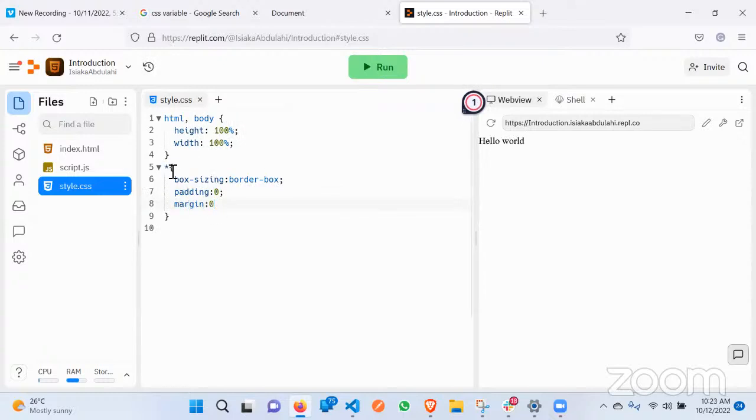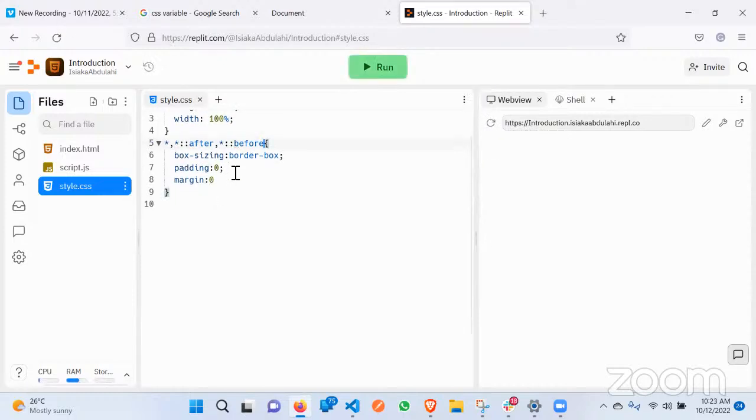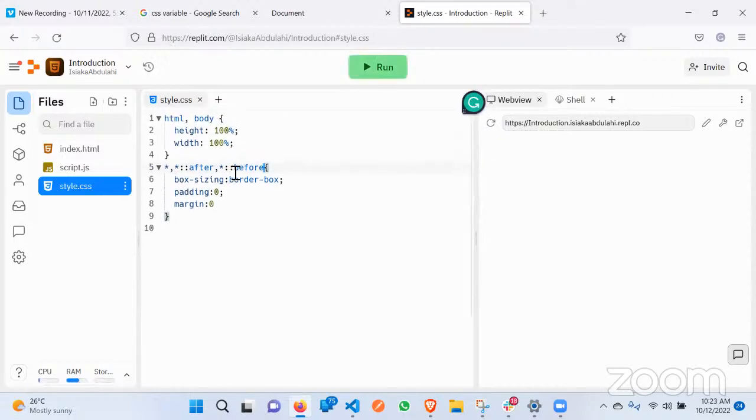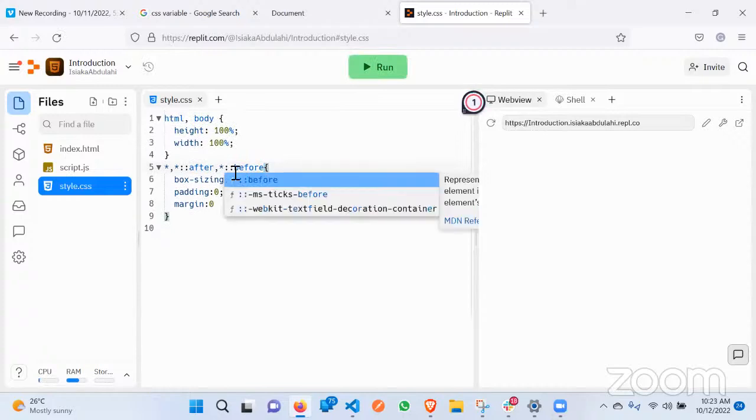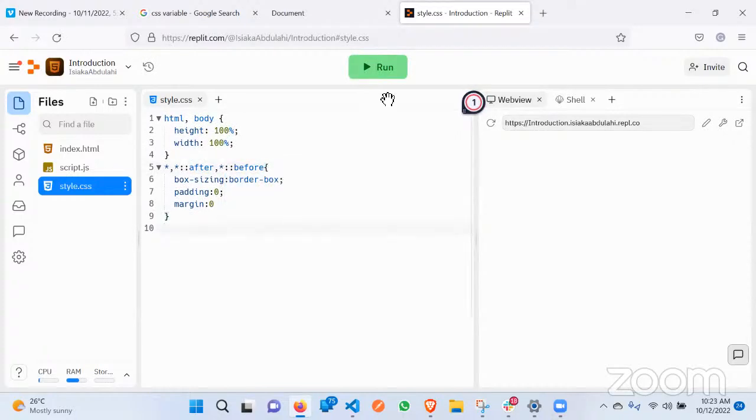Just like I did, you can use all these universal elements, including after and before. So all these things, I've removed the default. I don't know if in their own way they remove it, but to be 100% sure, I'm removing it from my own now. So for the people that asked the question, if you're done with this, if I run this now,